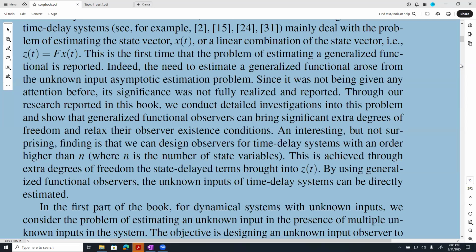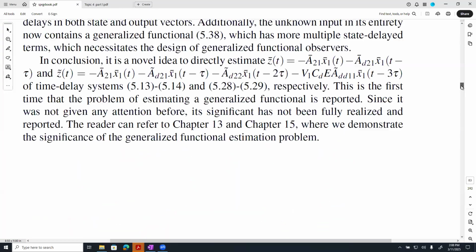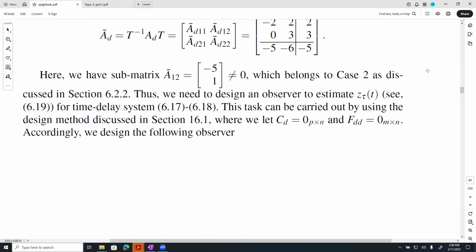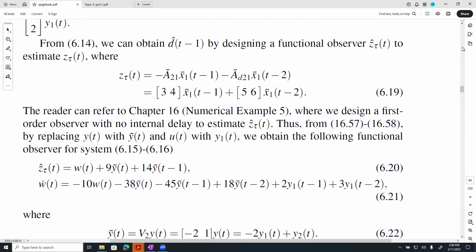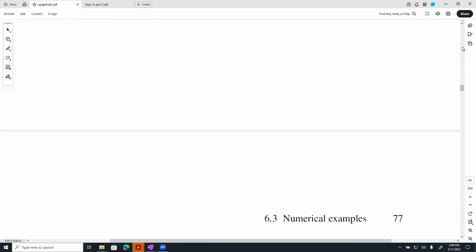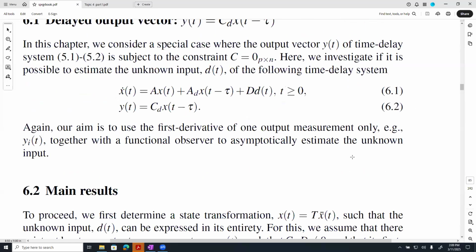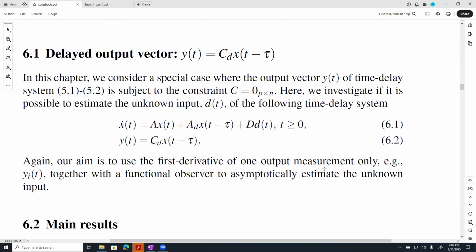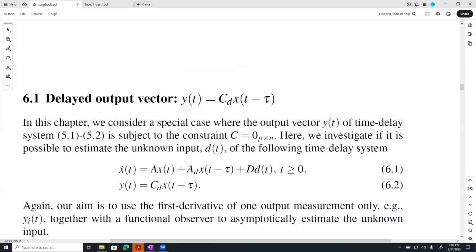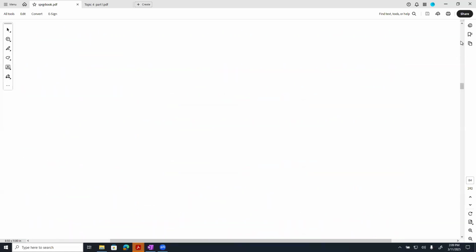And that is something very intriguing. So let me just jump ahead a little bit, just to show you the equations that we are going to see. So when we look at this kind of system, in chapter 5,